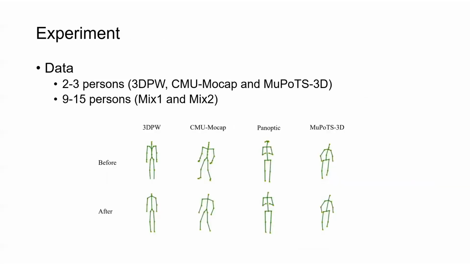For the data we use, we have two settings. The first one is a scene with a small number of persons, and the second setting is a scene with a large number of persons. We try to mix the current datasets to generate this kind of data. For unifying all the data, we pre-process the data by picking a subset of joints that is common to all the datasets and scale them to a similar height. For scenes with more persons, we randomly put them onto a square plane ground.